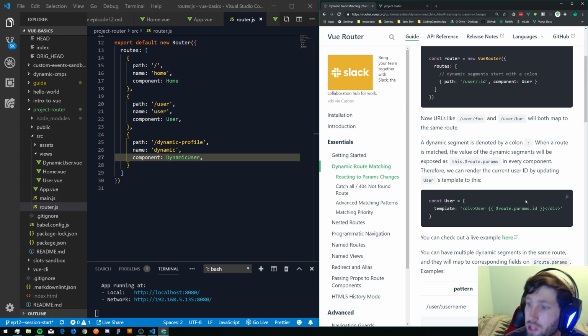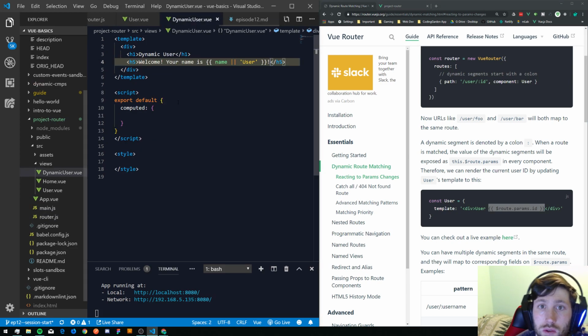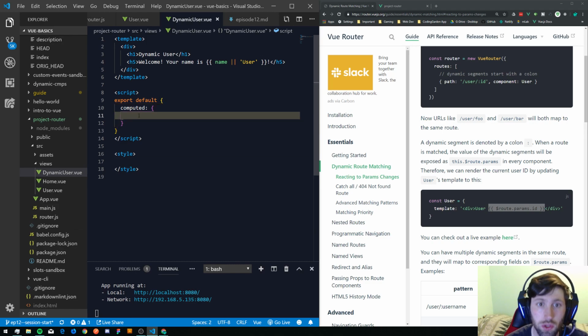Okay, so right here is kind of an example of what we're looking at, you can even access the params object via just string interpolation. So let's go to our dynamic user component, and inside of computed we will have name,